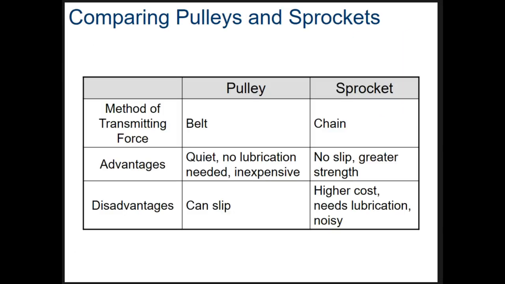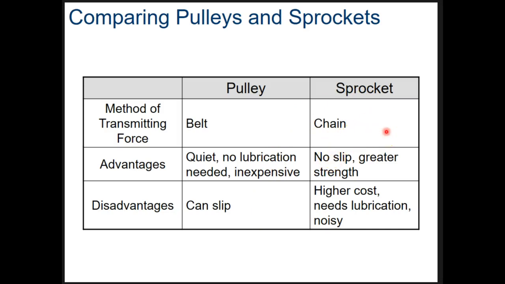The last little bit of this, let me turn on the laser pointer because I like it better. Okay, so right here, pulleys. The advantage of using a belt is it's quiet, you don't need lubrication, and it's inexpensive to make a belt. You can make a really cheap belt. The problem is, pulleys can slip, like if they get wet or if they get polished, and that's a problem. For sprockets, they're driven by a chain, and the advantage of that is it does not slip,